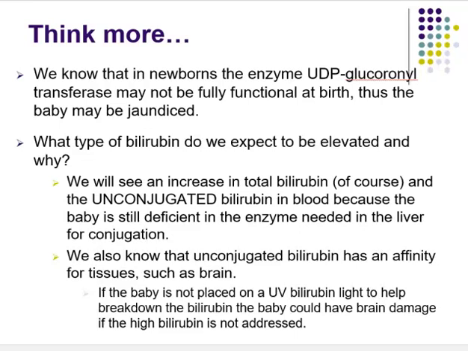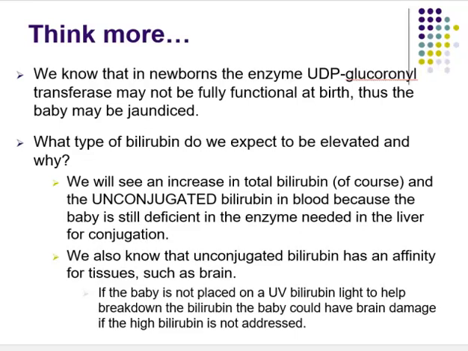We would see an increase in our total bilirubin in our babies, of course, and the unconjugated bilirubin in blood because the baby is still deficient in the enzyme needed in the liver for conjugation. We also know that unconjugated bilirubin has an affinity for tissues, for nerve tissues, especially brain tissue. So if the baby is not placed under a UV light for light therapy to help break down the bilirubin, the baby could have brain damage if that bilirubin is not addressed. So that's why it's so important for us to take care of those babies and try to get rid of